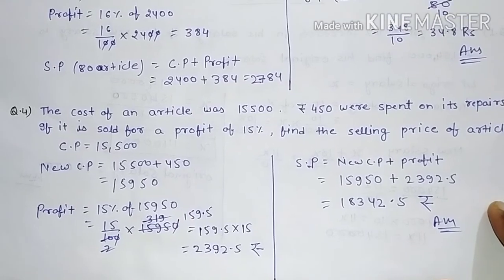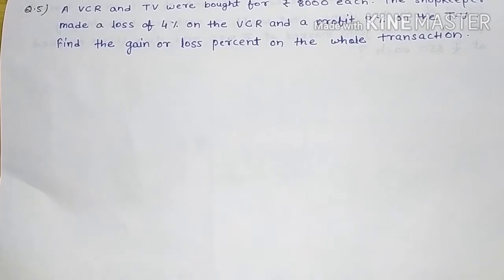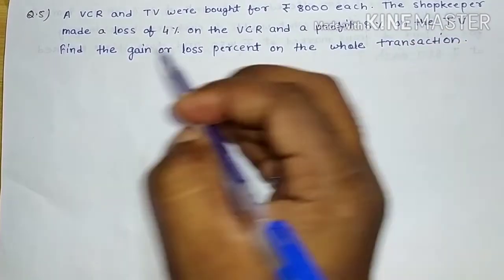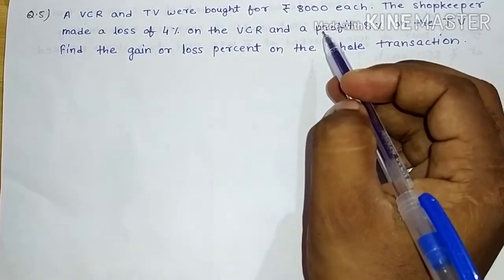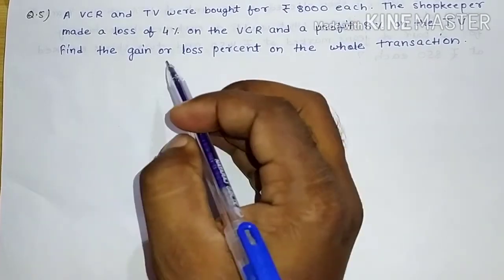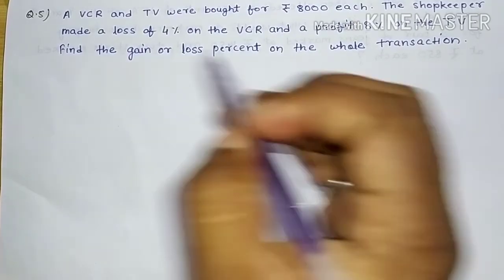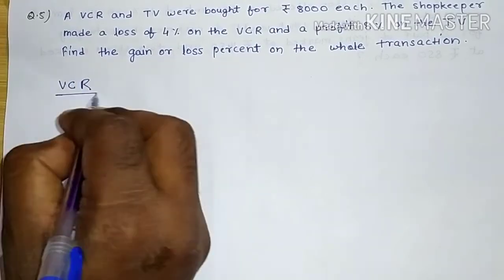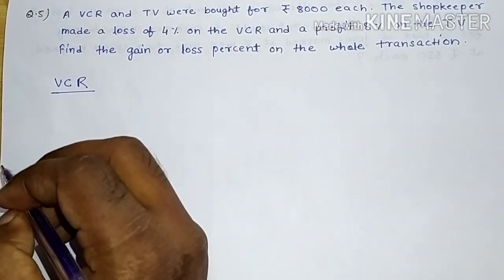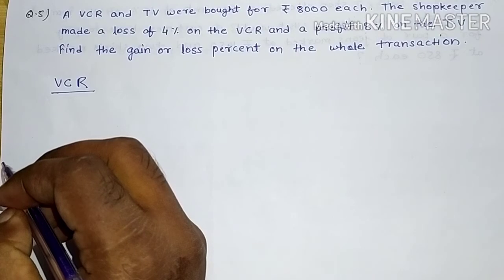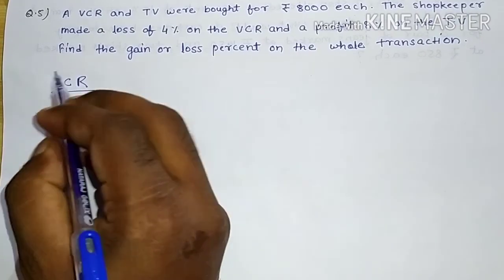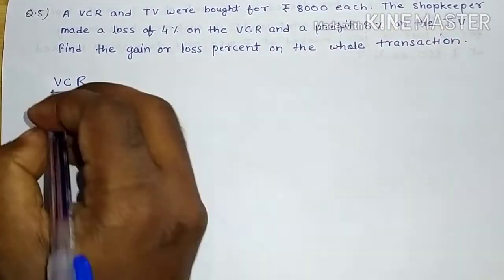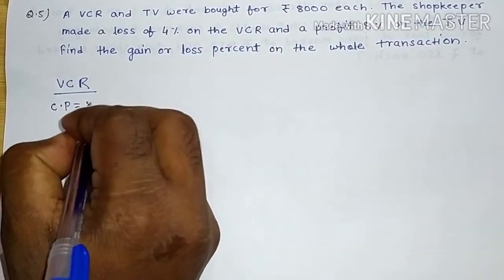Now the next question, that is question number 5. A VCR and TV were bought for 8,000 each. The shopkeeper made a loss of 4% on the VCR and a profit of 8% on the TV. Find the gain or loss percent on the whole transaction. So simply, first of all, we have to find the gain or loss on the VCR. So for the VCR, CP is given here as 8,000. So CP is equal to 8,000 rupees,